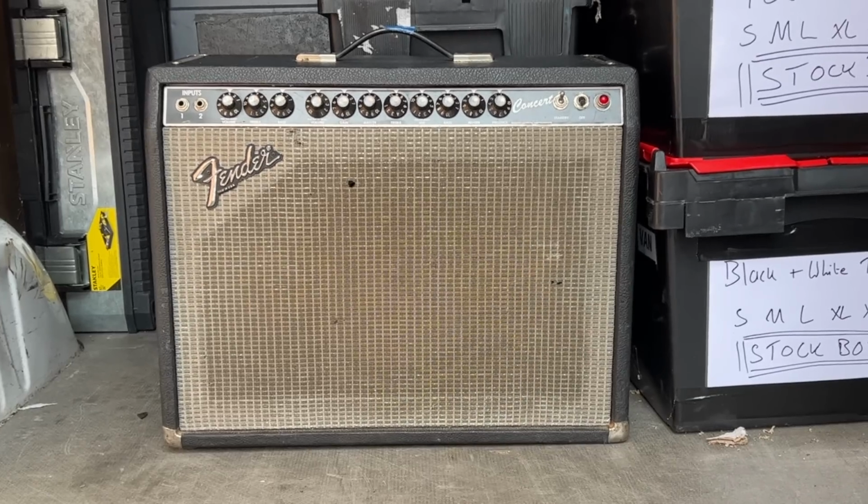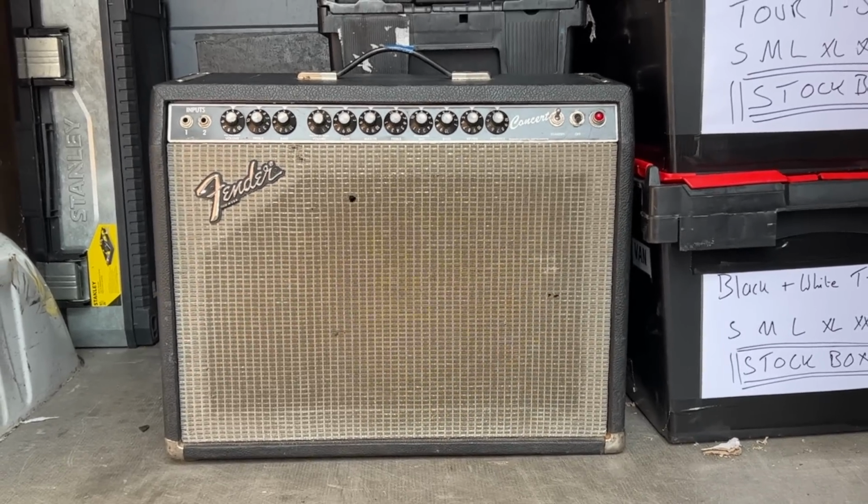And while I spent the next few months begrudging my bad luck, trying to fill that hole with several other amplifiers, namely a Fender Concert 2 from 1983, that's an interesting amp, actually, that's entirely deserving of a video in its own right, which I shall try and do in the coming weeks. And of course, the '68 Custom Reissue Vibrolux, which again, I've done a video on, both of which I've used quite heavily. None of them sounded like the Super Reverb,